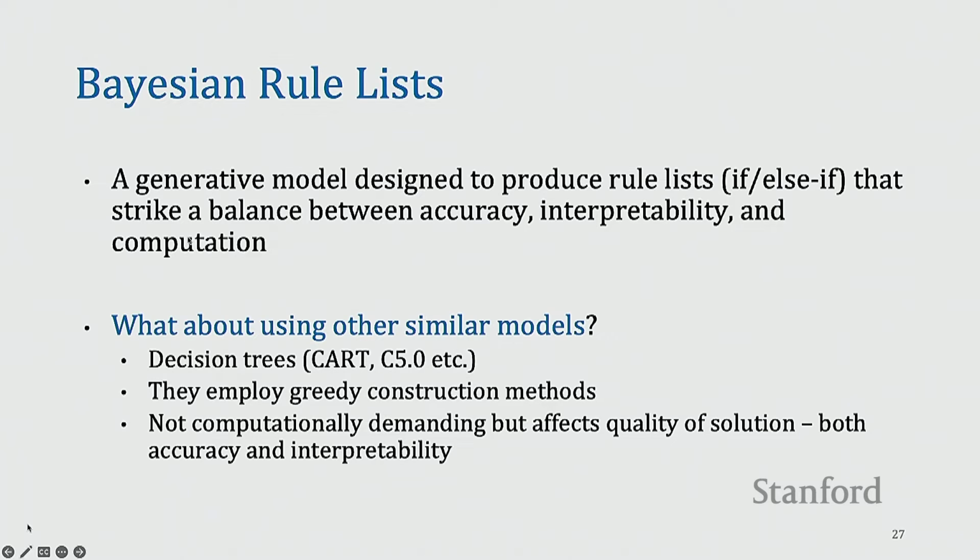The reason, or at least what the paper argues, is that these kinds of models employ greedy approaches. While greedy methods, as we all know, are efficient, they can often get stuck in local minima, right? So the argument that this paper makes is that it is computationally great, but the resulting solution is not going to be perfect in terms of accuracy or interpretability. That's why they put forth that there is a need for new methods to generate things like rule lists from scratch. Okay.